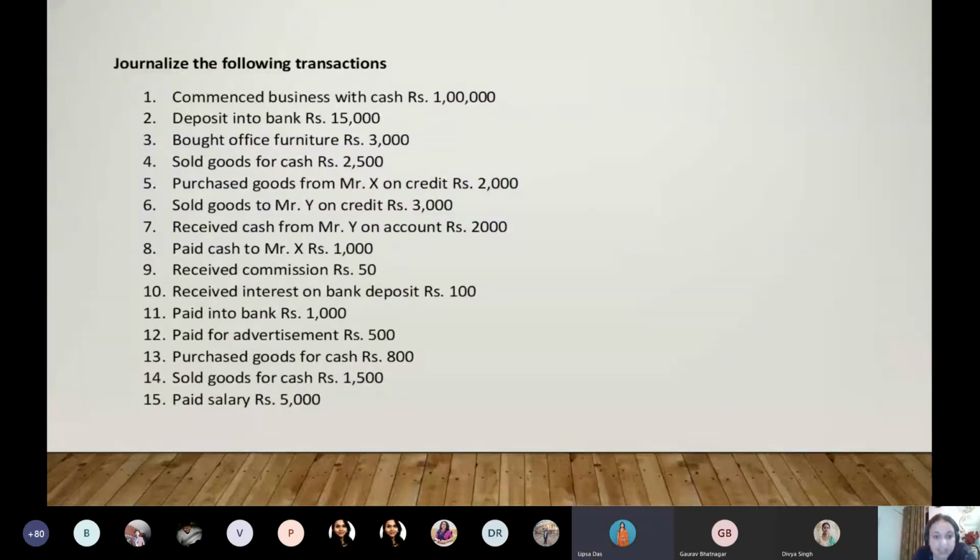Now this is the question which we are going to do in this particular session. If you want, you can click the picture, and then we are going to make the ledger account for this question, and then we are going to pass the journal entries for this question, right? And automatically your trading profit and loss account and balance sheet would be created.